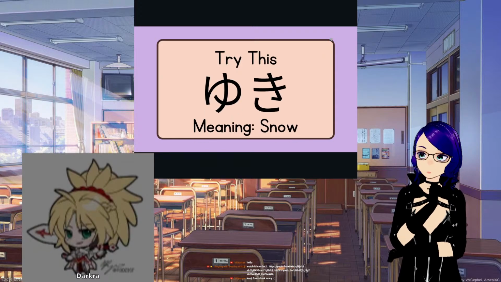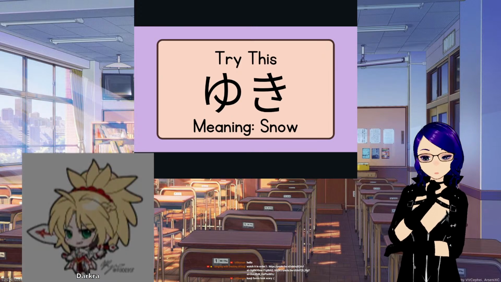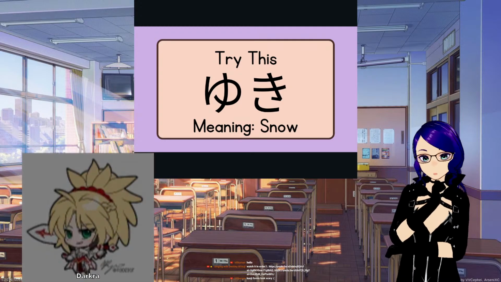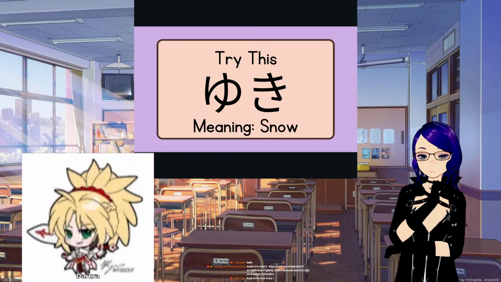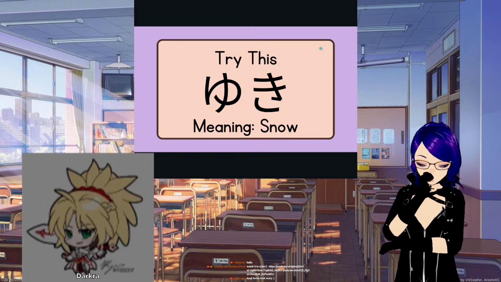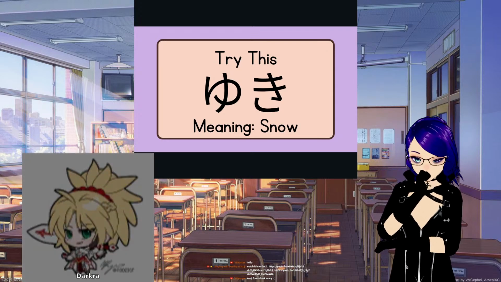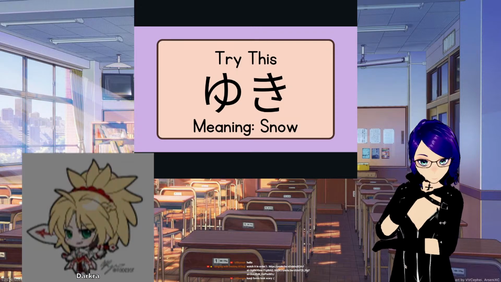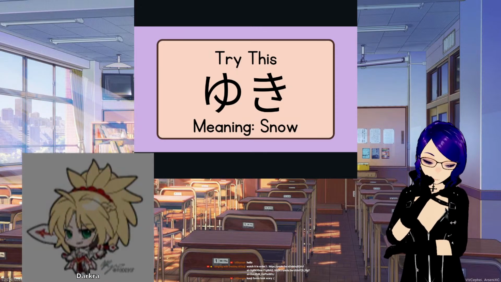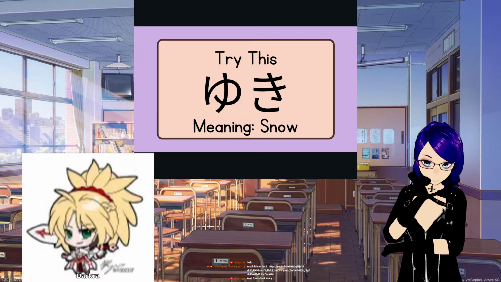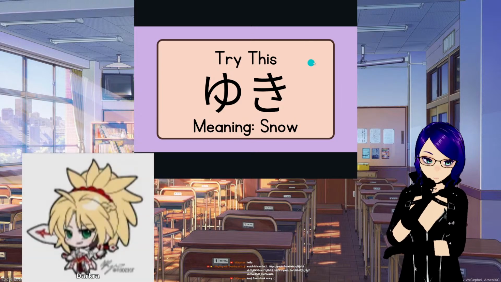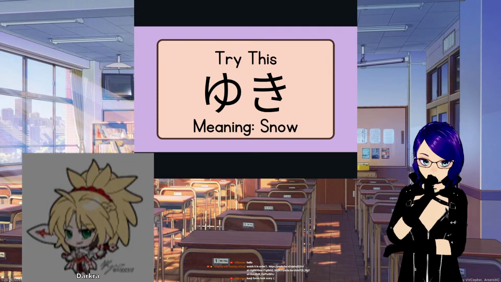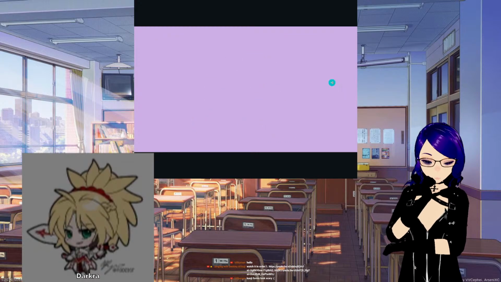This one is snow. Yuki. Do you know what Snow White is in Japan? Yuki Onna? That's Snow Ghost actually, what you're talking about. Yuki Onna is their Snow Ghost. Shirayuki Hime. Snow White. Shirayuki Hime. Now you know. Sorry, I'm more used to the word Yuki Onna. Yuki Onna is the ghost.